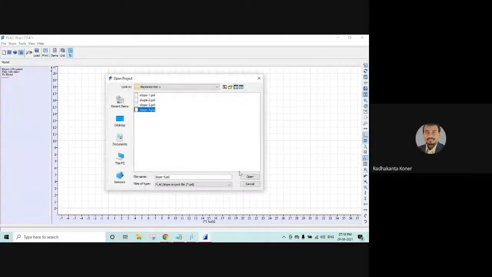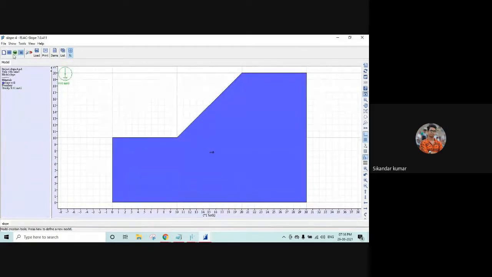Sir, in this case, you have taken 1000 steps. So in numerical modeling, we need to see when we come to the equilibrium stage. So after applying 1000 steps, can we see if this model has reached the equilibrium stage? Is there any option to find out whether we need to go beyond 1000 steps, or it is sufficient to stick to 1000 steps? Oh, very good question. Sikandar, you have pointed me in the right direction. Actually, sir, I'm working on FLAC 3D, and sometimes I face this issue, and I randomly do these things. Very good question.